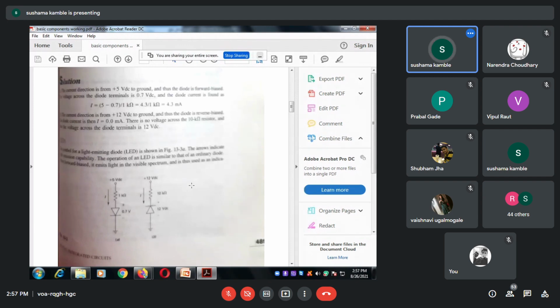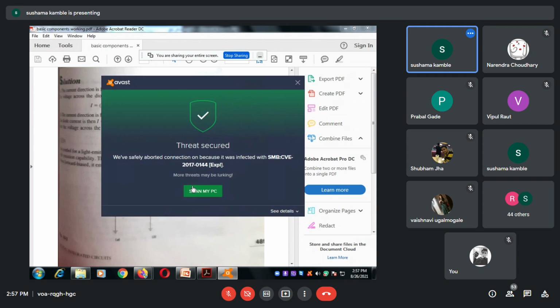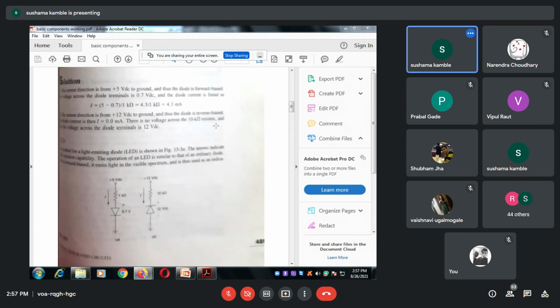पहले डायोड फॉरवर्ड बायस रहेगा, ये रिवर्स बायस रहेगा. मैम, पहले जो फिगर A में वाला फॉरवर्ड बायस्ड वाला. That will be the forward bias. Okay, now what is my question, that you have to find out the current I flowing through this circuit.